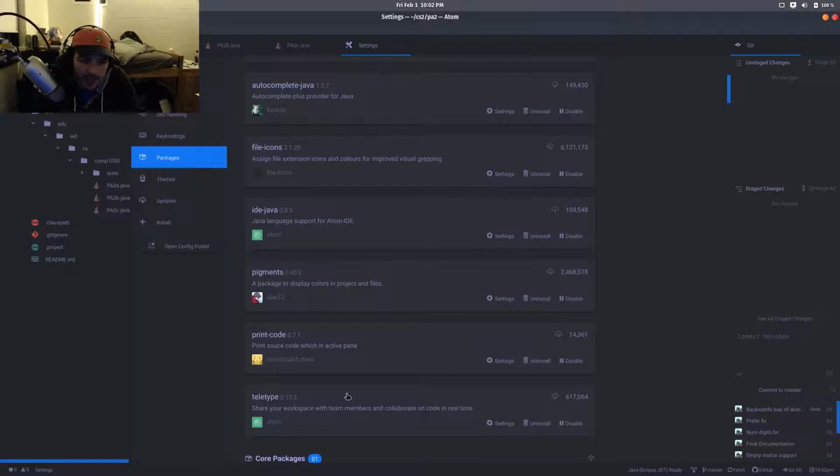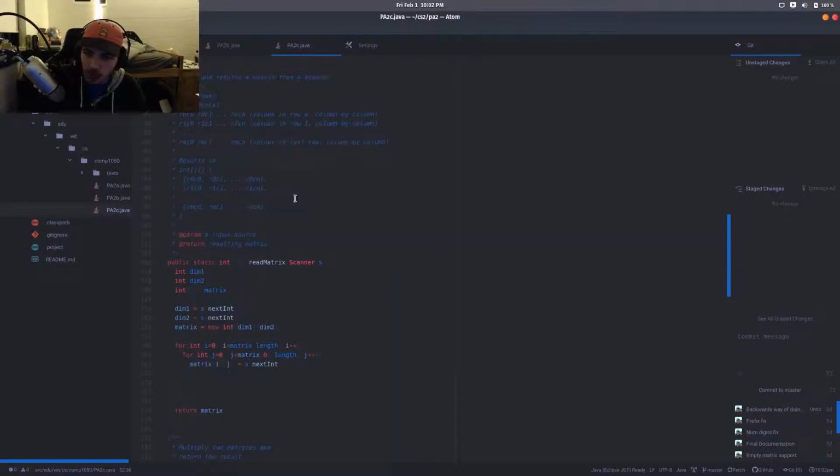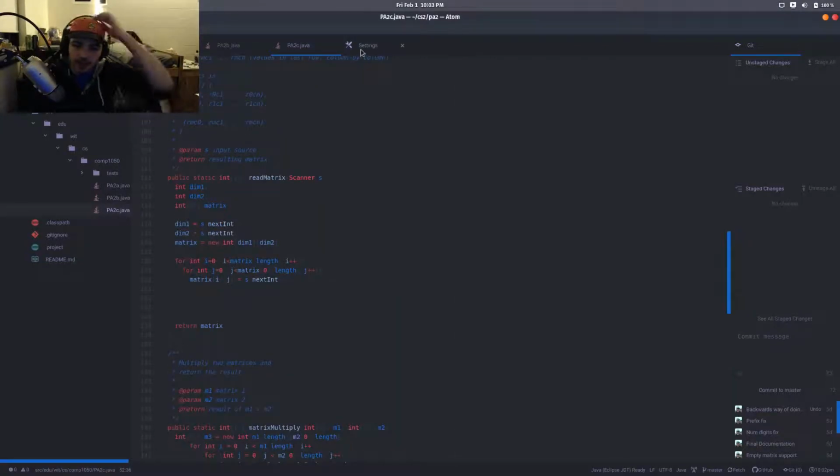Teletype, I haven't really used this yet, but it's just really cool. Basically you'd click this little thing right here. You log in with GitHub, and then you click that share switch. What that'll do is give you a token. You give that token to somebody else, they plug it into their Teletype, and now you can edit the same code like it's Google Drive, like you both live edit, real-time editing on the same file on your own personal local computer. It's so sick. Anyways,